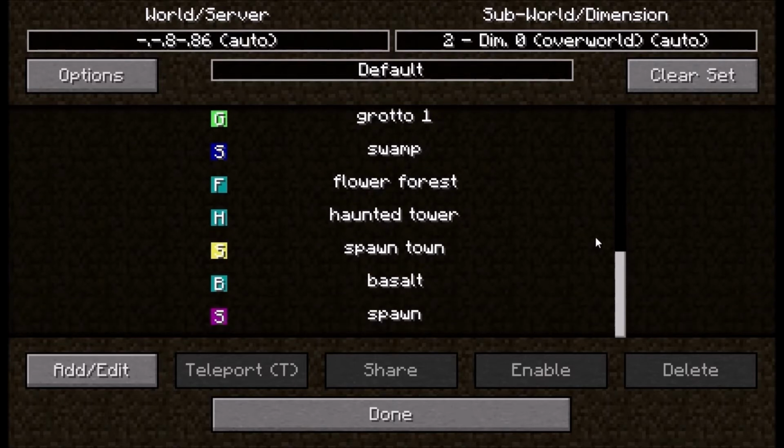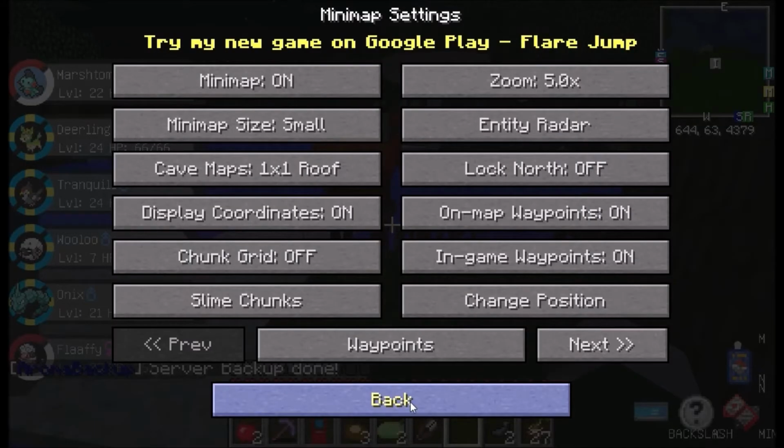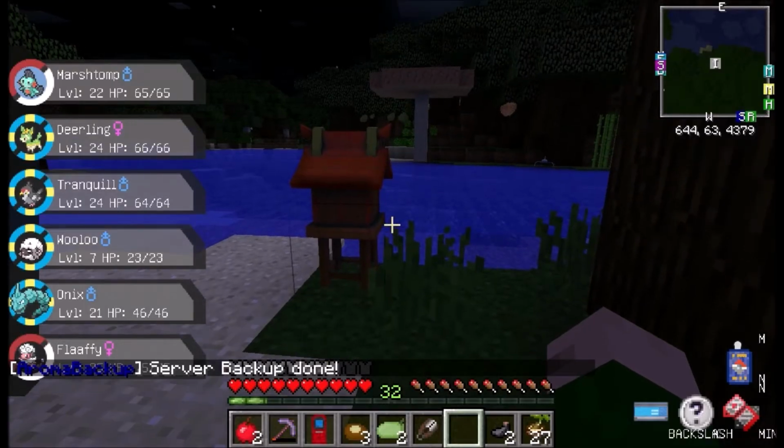I already found a grotto, which is like those little hollow trees in the woods where you find a secret hidden item in them. So I found one of those already. I have also found a flower forest, which is really cool because I'm hoping to build my gym in a flower forest. So far, my idea for a gym, I don't know if I've said this in a previous video,